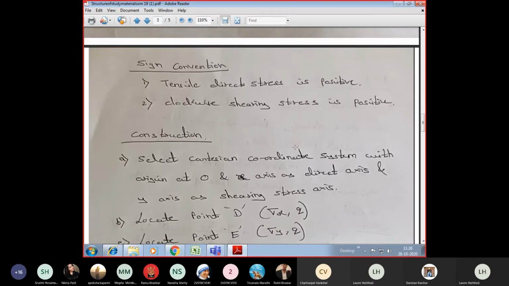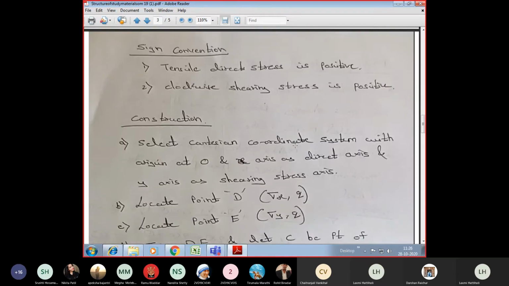Now let's see the construction. How do you construct a Mohr circle? Up to here, we got to know that you have a circle and you have a radius. I have told you the formula for the radius of a circle by deriving it, and I have given the formula for the center of a circle. Now the question is, when a numerical example is given to you, let's say sigma x, sigma y and q are given, how do you construct a Mohr circle? That's the biggest question now. So let's see the construction part.